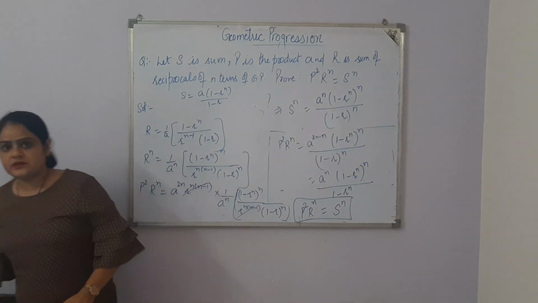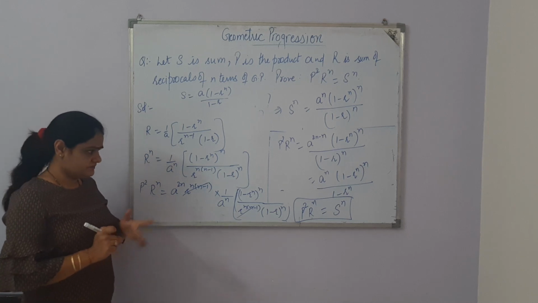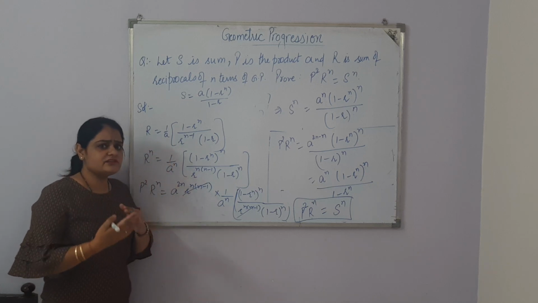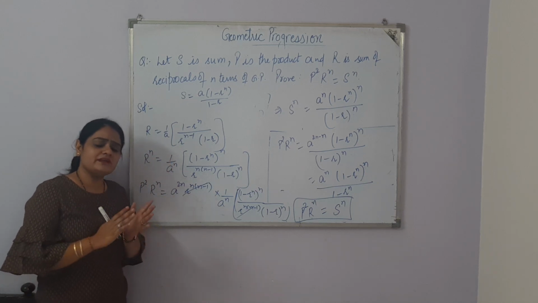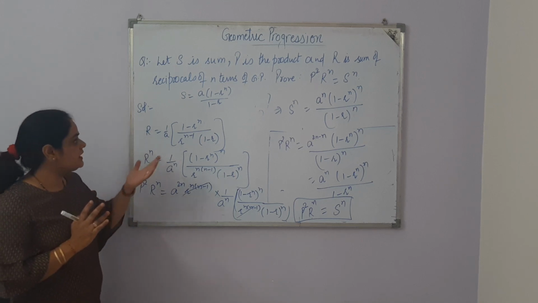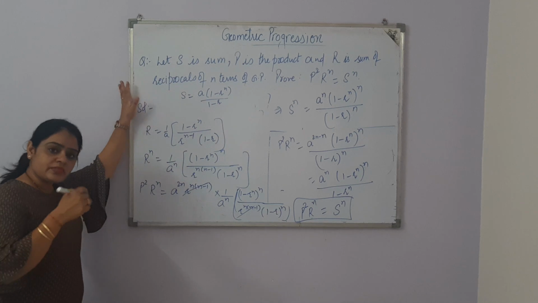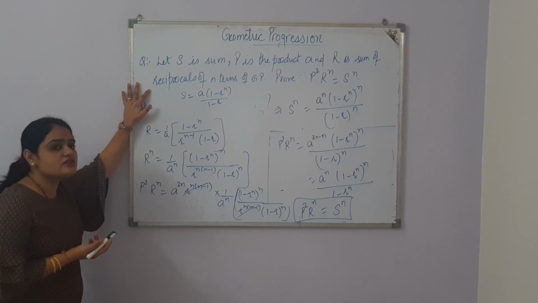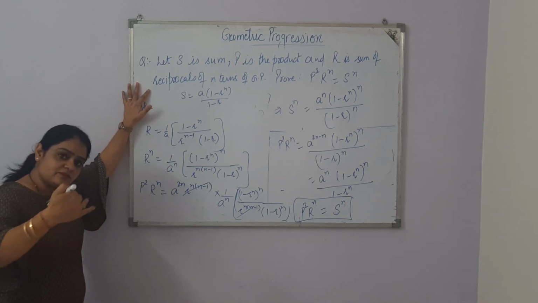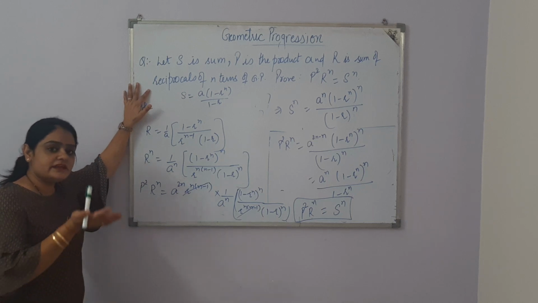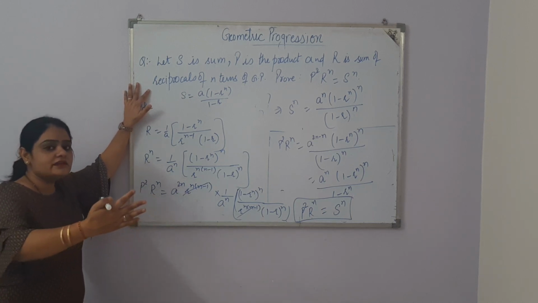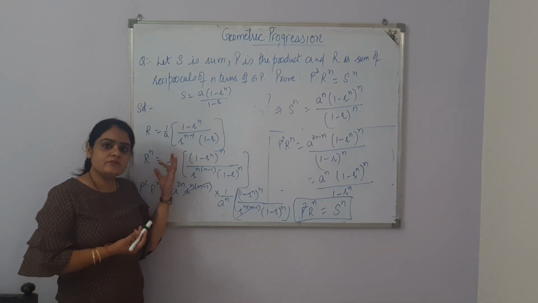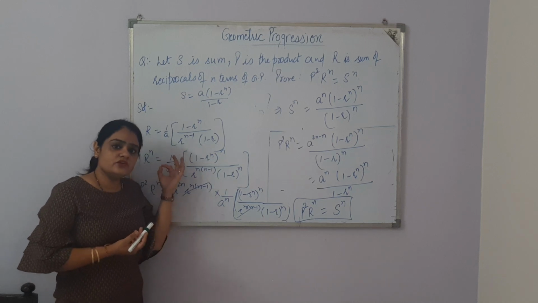Both the questions are a little typical, but if you understand it properly, then there is no term which is unknown to you. That means we applied the same formulas, the sum to n terms of a GP, and if it says the product, we did the product of n terms. If it requires R as the sum of reciprocals of n terms, we take the reciprocals, then its sum, and after that taking 1 by a as common, we find there is a GP inside, and we can apply the formula of sum of n terms of a GP. So the question is easy, but do it once again in your notebooks on your own.